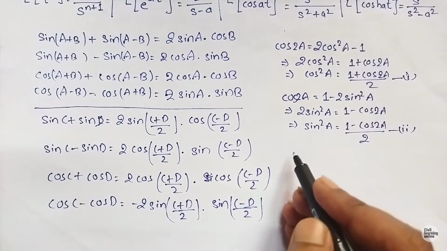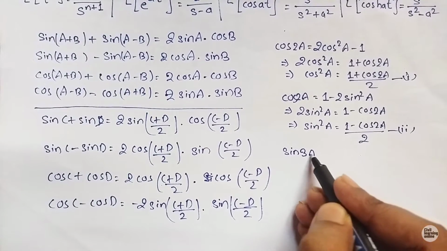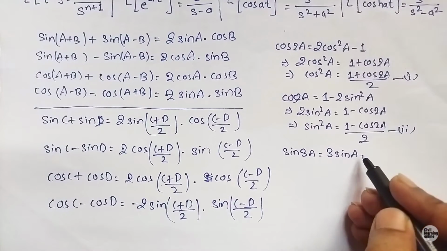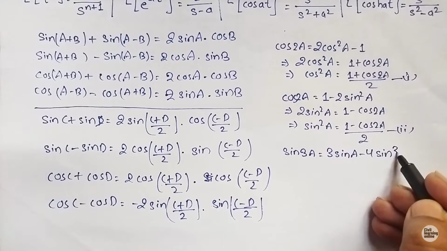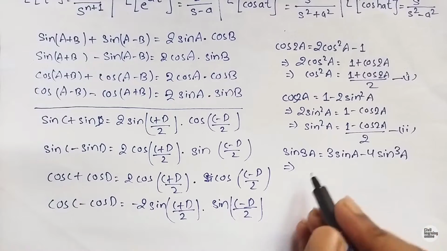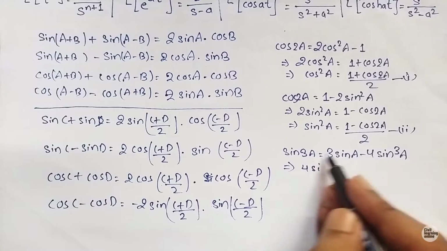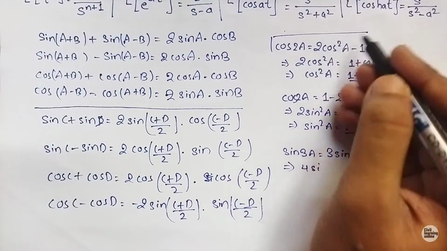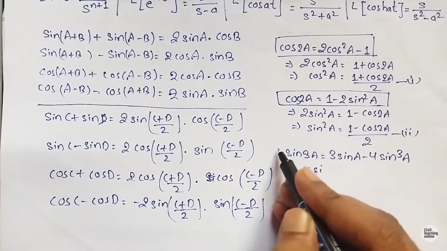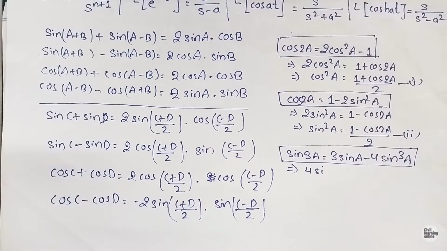Now the formula for sin 3a. So sin 3a equals 3 sin a minus 4 sin cube a. And if you face any problem in which the sine is in cube form, how can we solve it? See here, you need to remember this formula. This formula is very important. If you remember these formulas, and I will provide one more,